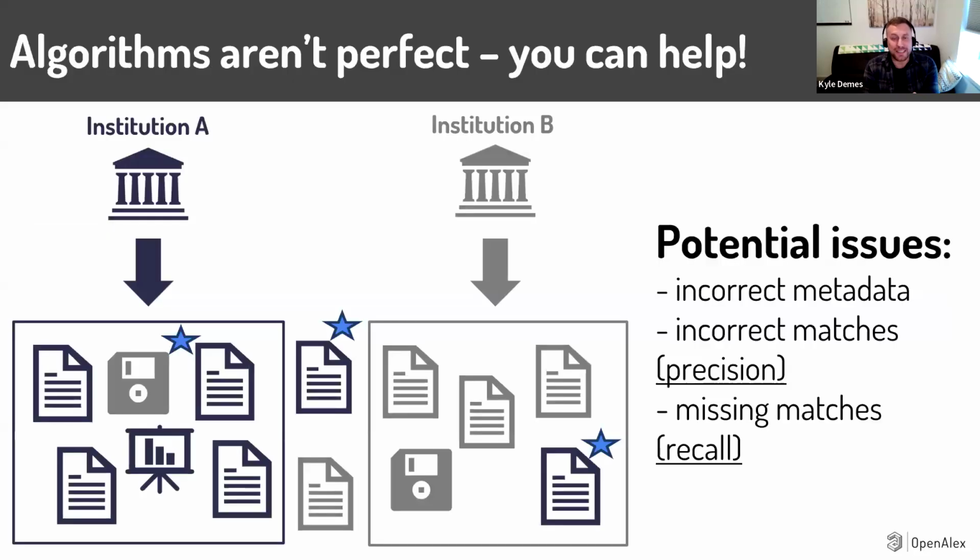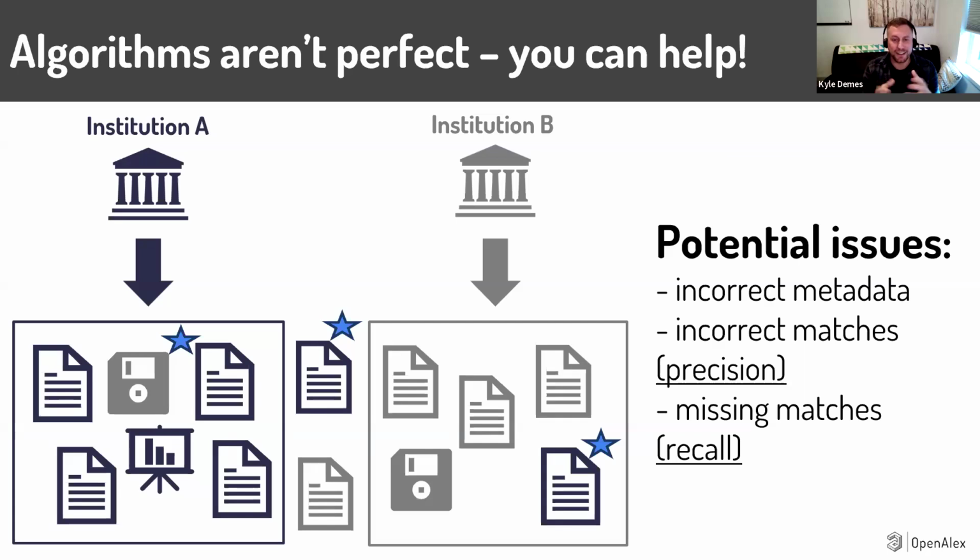Okay, so the first thing I wanted to say is at the beginning, we talked about taking this really messy text and then matching it to a sort of curated record like ROR. And even when ROR is perfect, there are still some challenges with that matching because it's done algorithmically. Algorithms aren't perfect. And so we want to talk about how you can help with this. And the reasons you might want to help are if you're doing any sort of research analytics or you're interested in things like the rankings that are doing this.